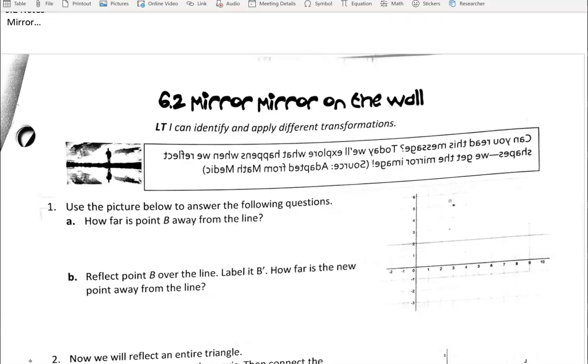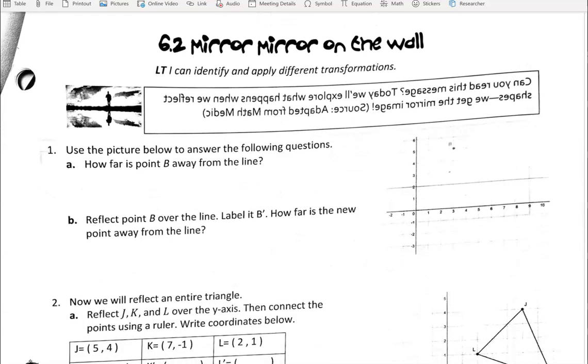Okay, so let's use the picture to the right here, this graph here, to answer the following questions. How far is point B away from the line? It's a little bit hard to see, but we're going to try and count out the spaces here. We have 1, 2, 3. Just a little review from algebra, this is the line y equals 2. Notice it's a horizontal line that goes through the y-axis, so it's going to have an equation of y equals, and where it goes through is y equals 2. All right, so it's 3 units